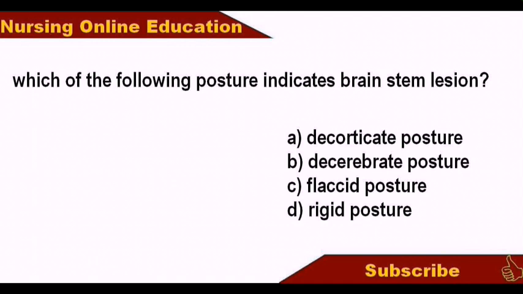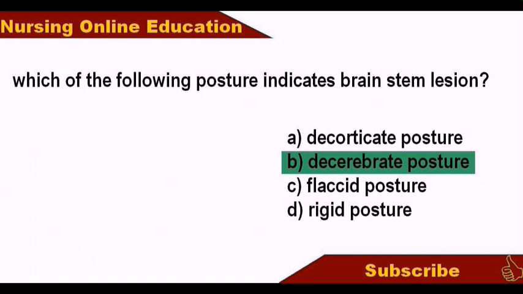Okay, so in which conditions does decorticate posturing occur? There may be a severe traumatic brain injury, bleeding, tumor, stroke, poisoning, infections like encephalitis, and increased ICP. So these are the common conditions in which there will be decorticate posture. Okay, so what is the difference between decorticate and decerebrate posture? In decerebrate posture, arms and legs are straight and rigid, and toes are pointed downward, head